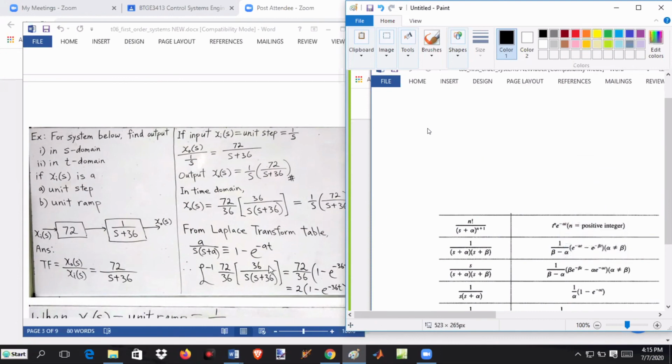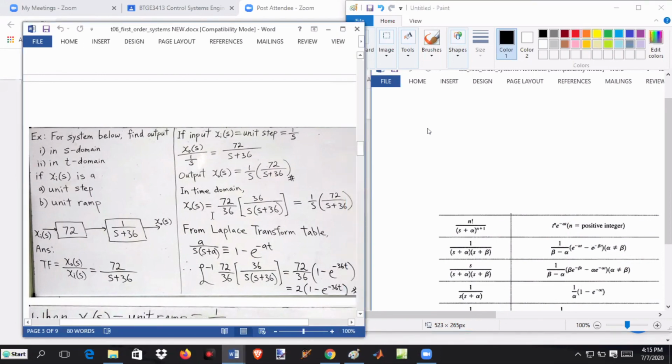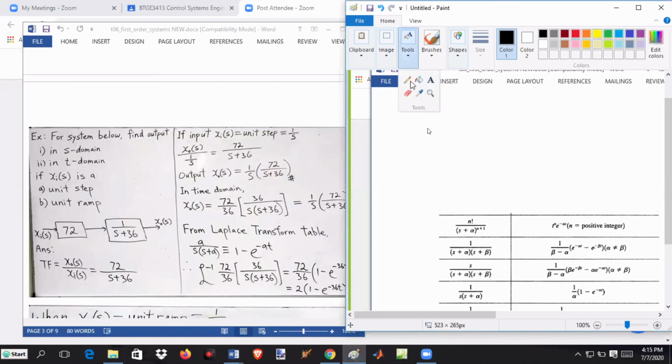Because you can see from here the answer is here already, isn't it? 1 over S on the right hand side, bottom. So I'm going to take this out. Maybe the answer is the same. So I just do like that. Use a pen to draw first. Because we already have